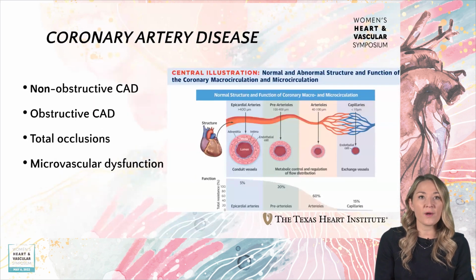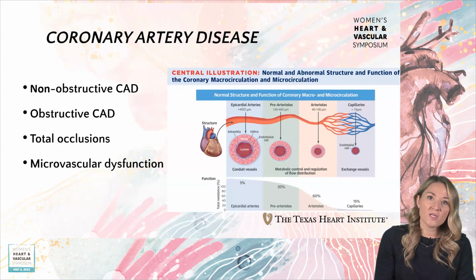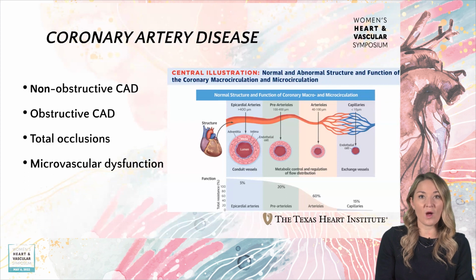So what types of coronary artery disease might you encounter? Non-obstructive coronary disease: your patient who has plaque but has not quite become symptomatic. That might be picked up on non-invasive testing such as CAT scans or calcium scores. Then the most common one that we talk about is obstructive disease, when the coronary artery plaque has progressed enough where it's become either an issue or identified as more than 70% diameter reduction in the coronary artery. Total occlusions, which sometimes we encounter, and patients actually are relatively well compensated, but an artery that's totally occluded.